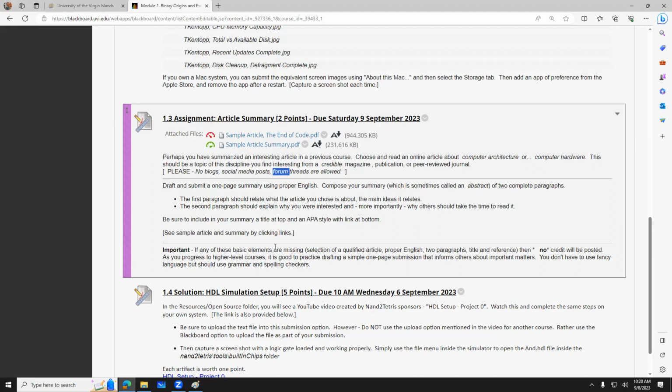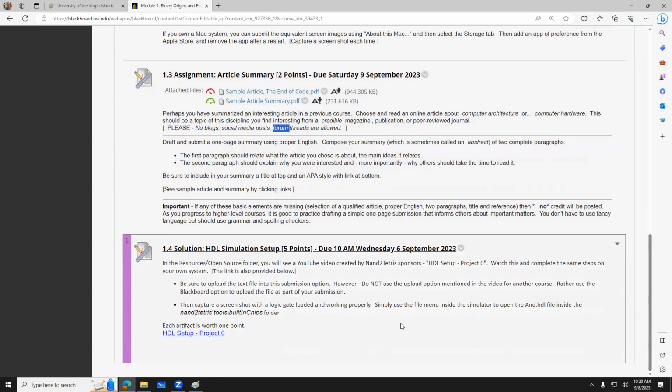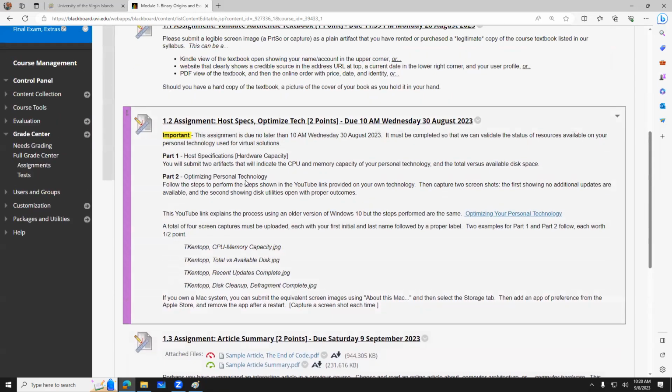Before you submit, you should run it through a spell checker and a grammar checker, just to make sure that you have complete sentences, that you're not breaking any simple rules of grammar, because those can cut your points. What I'd like to do, though, is talk about the hardware simulation and the host specs and optimizing your personal technology. So instead of continuing with the review of content, what I'd like to do is stop sharing,